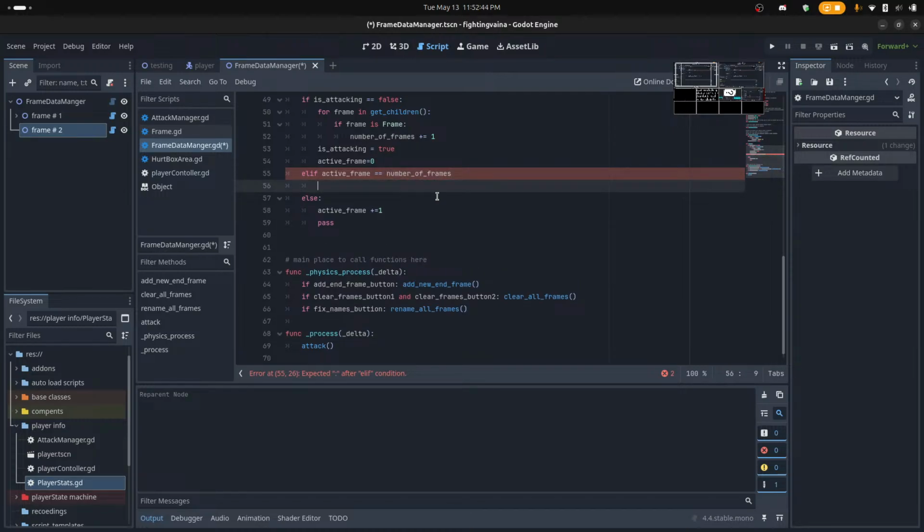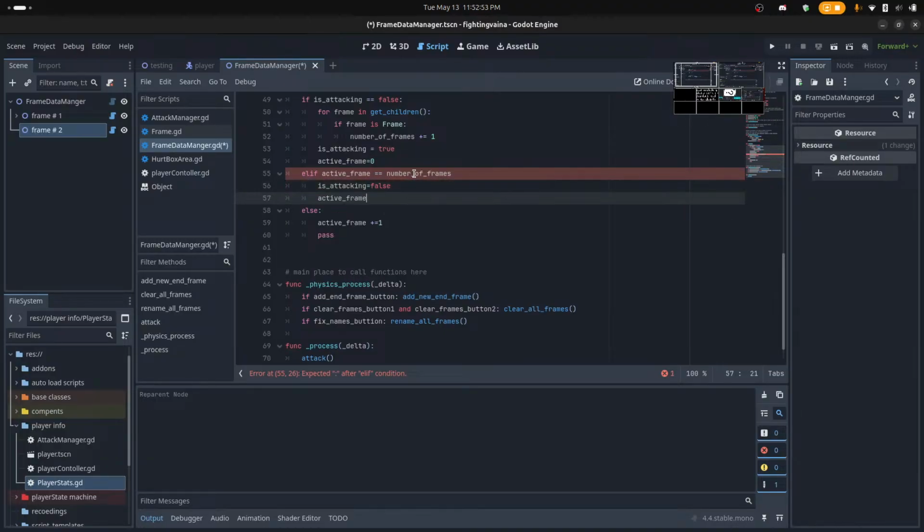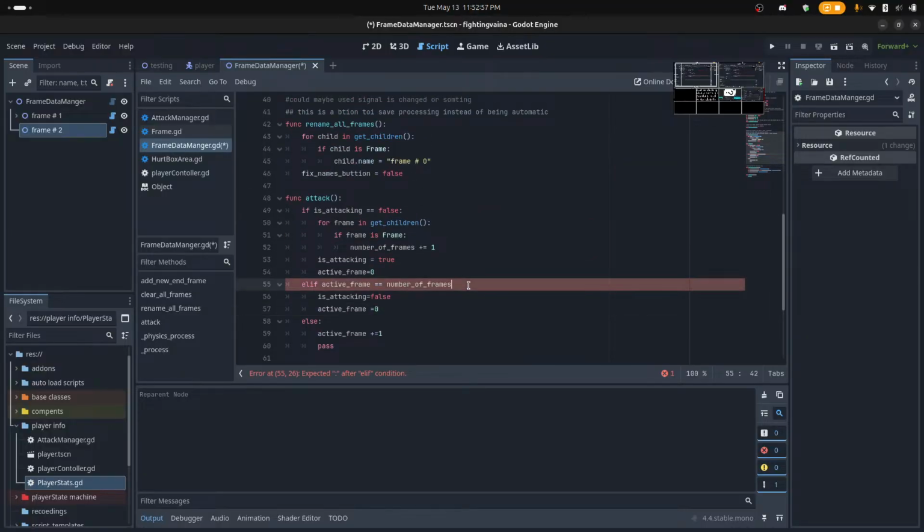And just set the booleans here. Just in case we get set it again. Okay, so after the active frame progresses,